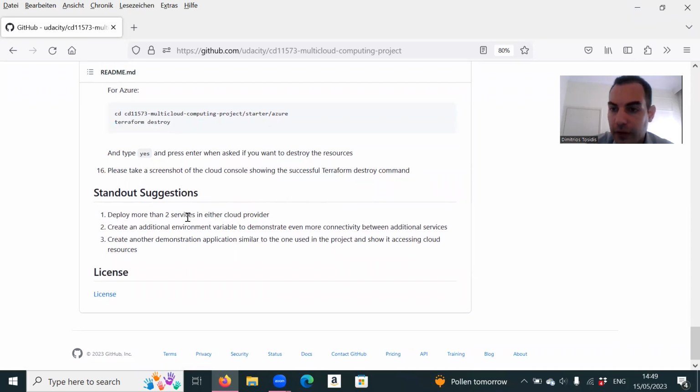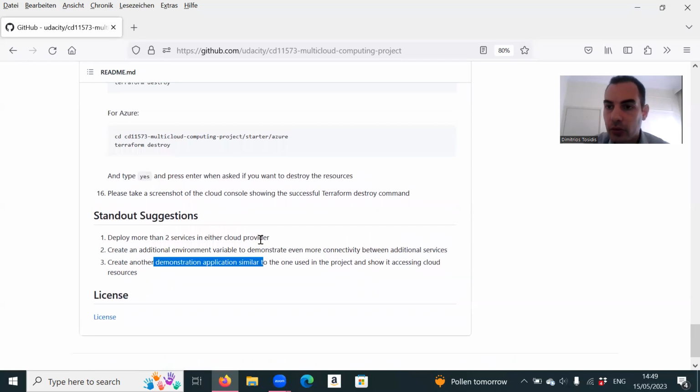Deploy more than 2 services, go for other services too. Additional environment variables which are demonstrated on the browser. And if you want, you can make your own application with your own templates and so on. Okay. So you have to make only a diagram and to apply this for services to both